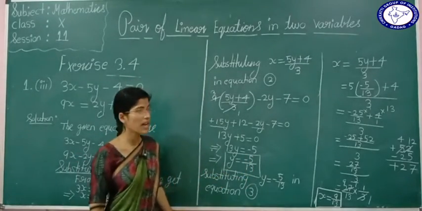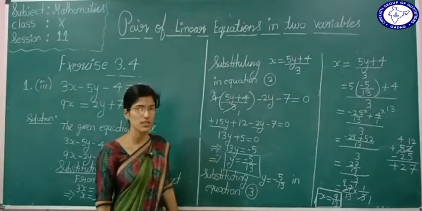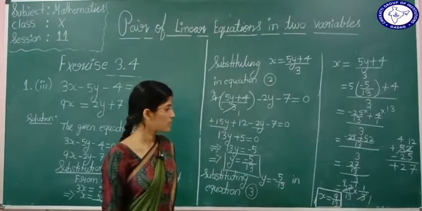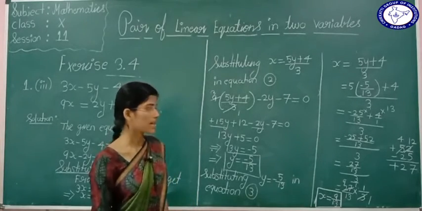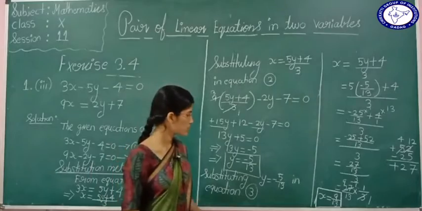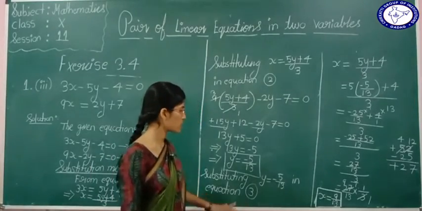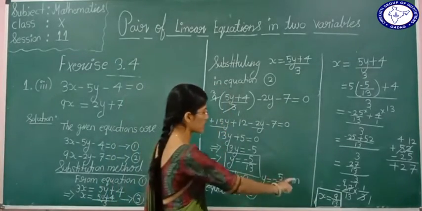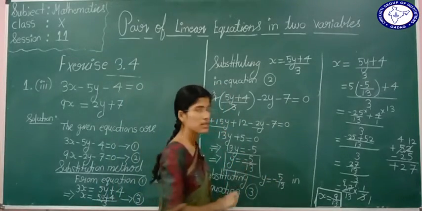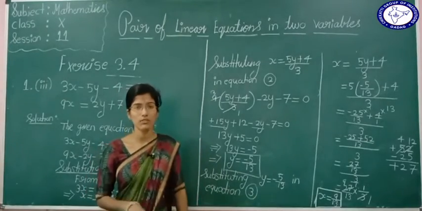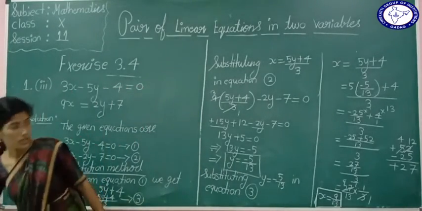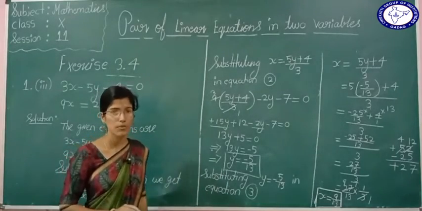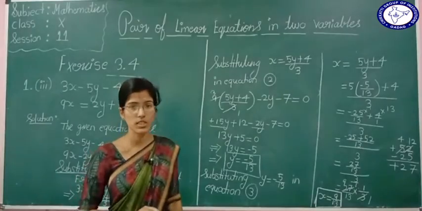The same thing we have got in the elimination method also. So this is about the first main. Now we will see the second main of this. Here students, one important thing I want to tell you: you have to write after every problem, therefore x is equal to 9 by 13 and y is equal to minus 5 by 13 is the solution of the given equation. Don't simply leave it, because whenever the evaluator is checking your paper, he will see at the end whether you have written it or not.